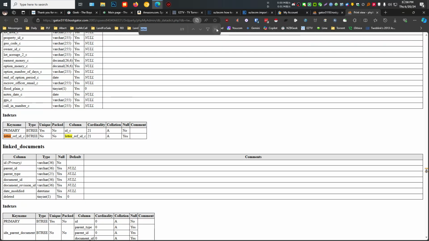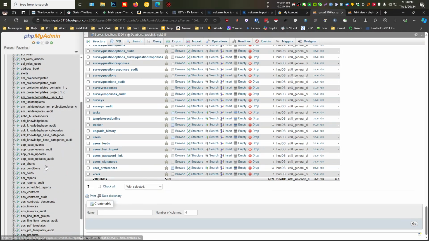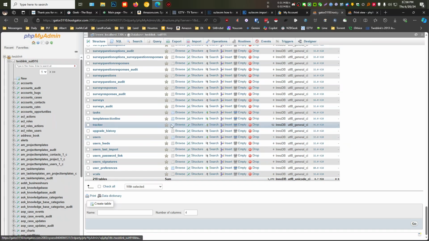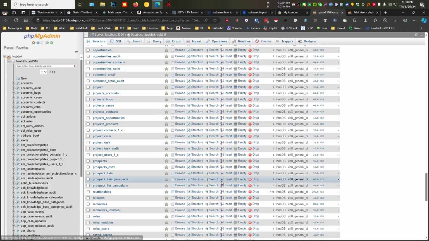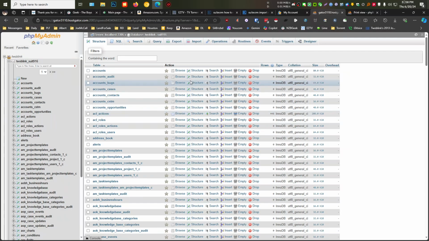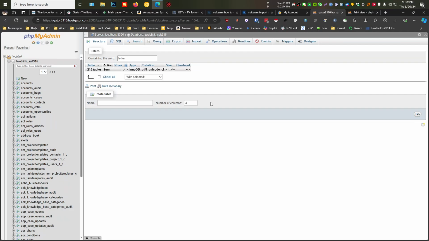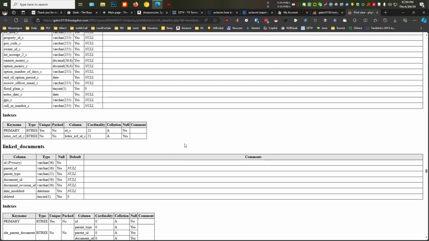So I made that already, but in case you don't have an index, we'll go through and find, let me see if there's a search somewhere. There's a search, I'm sure. Contain the word letter. So somewhere in here. Okay, I don't remember where it is. Let me take a look at